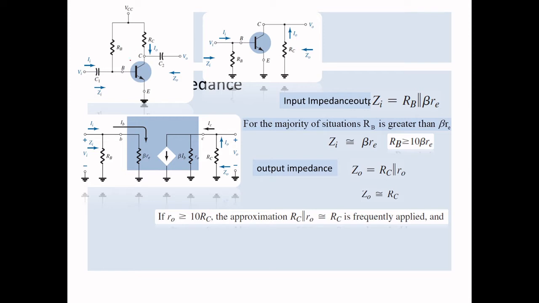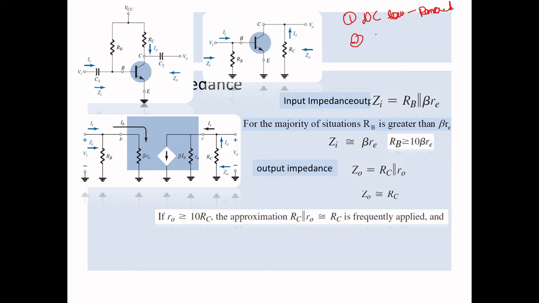Before going to the problem, first we will do the derivation part. Continuing from this, we will do the numerical problems. So the first step is to change the circuit to the AC analysis. This is a small signal analysis circuit I want to change. What is the first step? First step, I want to remove all the DC sources. It should be removed, right? That's the first step you should follow.